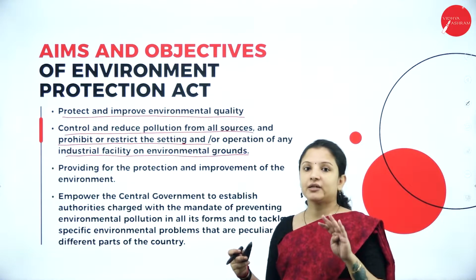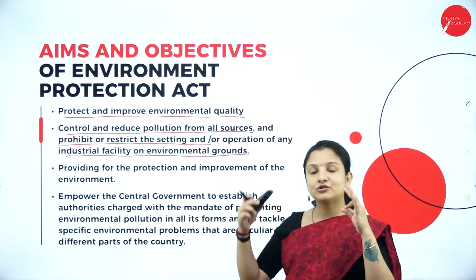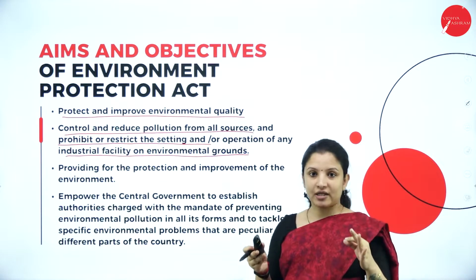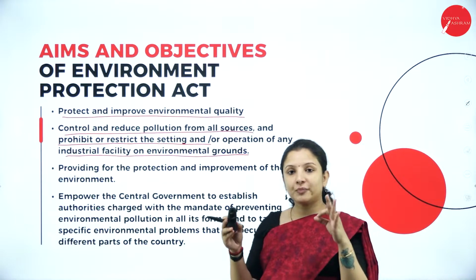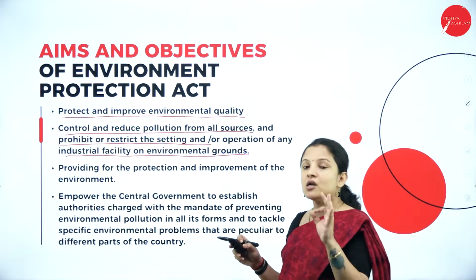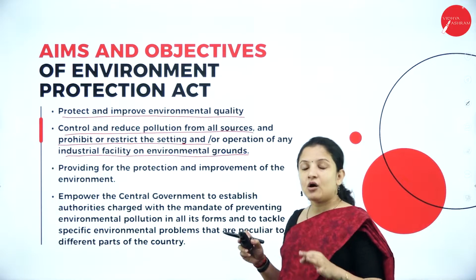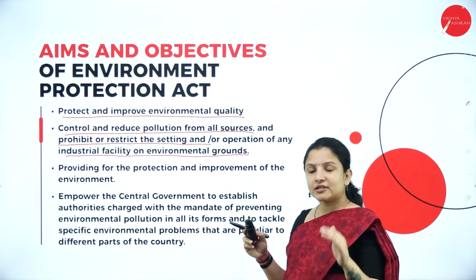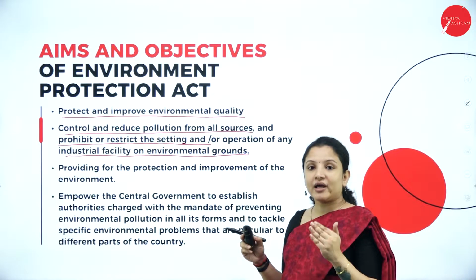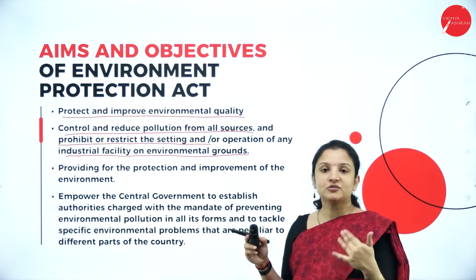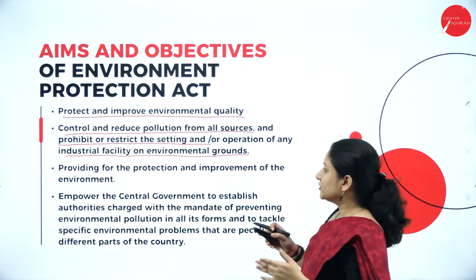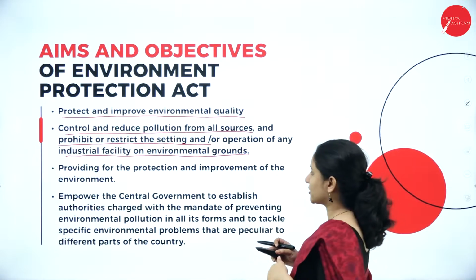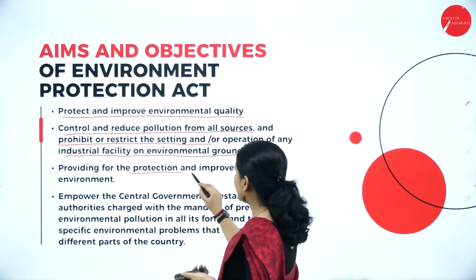That is, sewage treatment has to be done. The chimneys, that is, the exhaust pipes in the industries, have to be of a certain height, and industries should not be placed in a highly populated area where human beings live, or in an area which has good fertile soil. So industries are usually set up in areas where no other plants can grow, that is, barren lands are usually preferred. So like that, different laws are put under this particular environmental protection, and it provides protection and improvement of